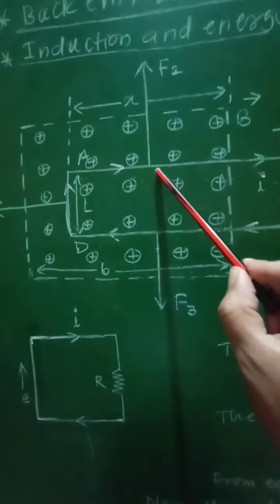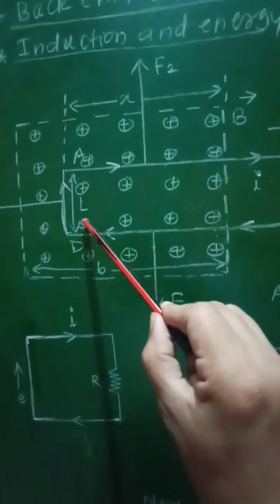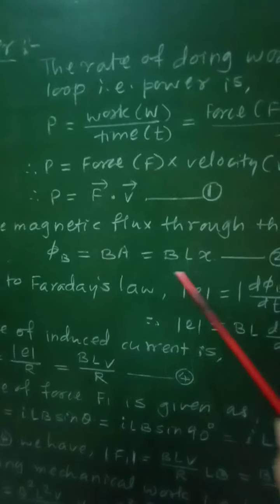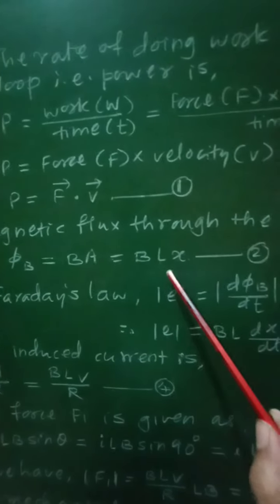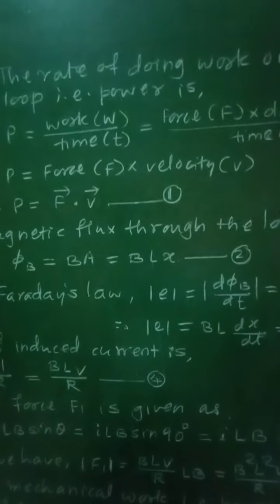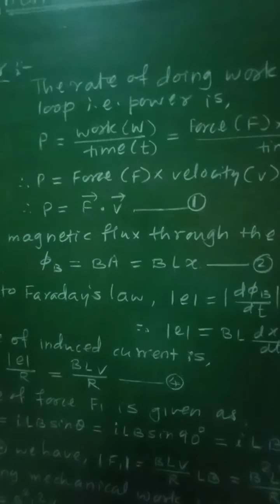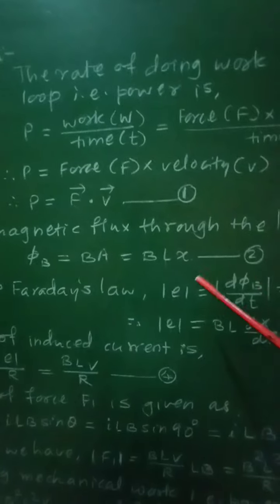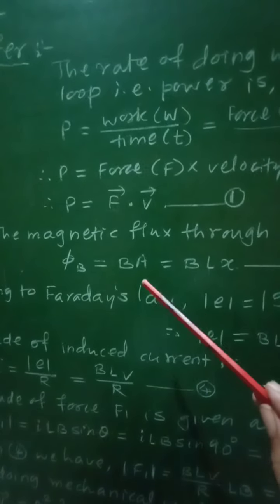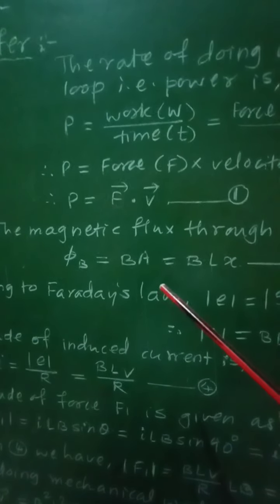So its length is equal to x, breadth is equal to L, and therefore area is Lx, and therefore phi B equal to BLx, equation number 2. Now as x decreases, from this relation it is clear that